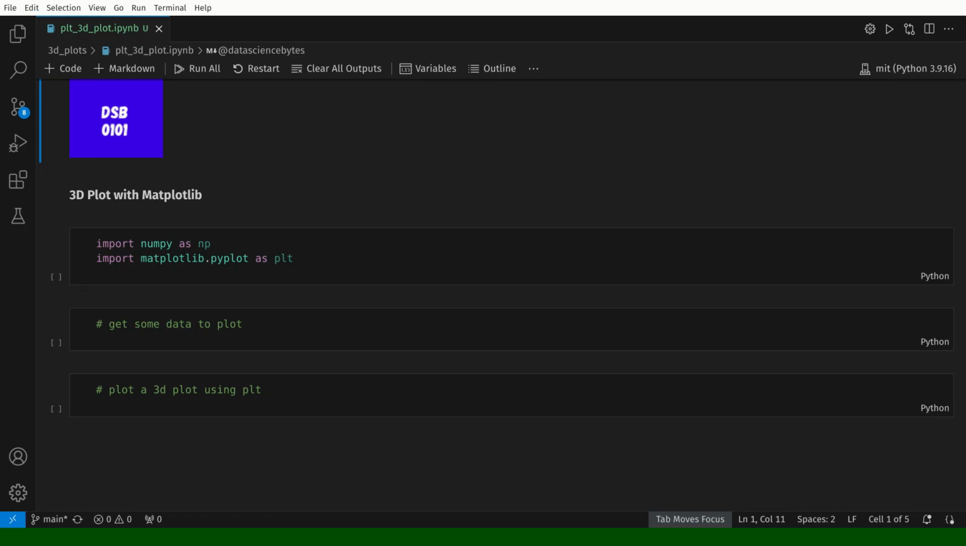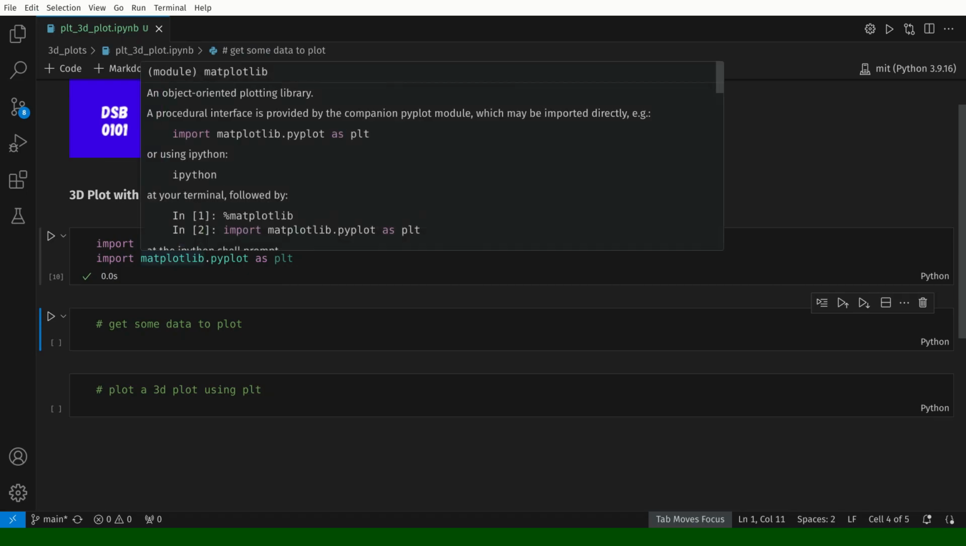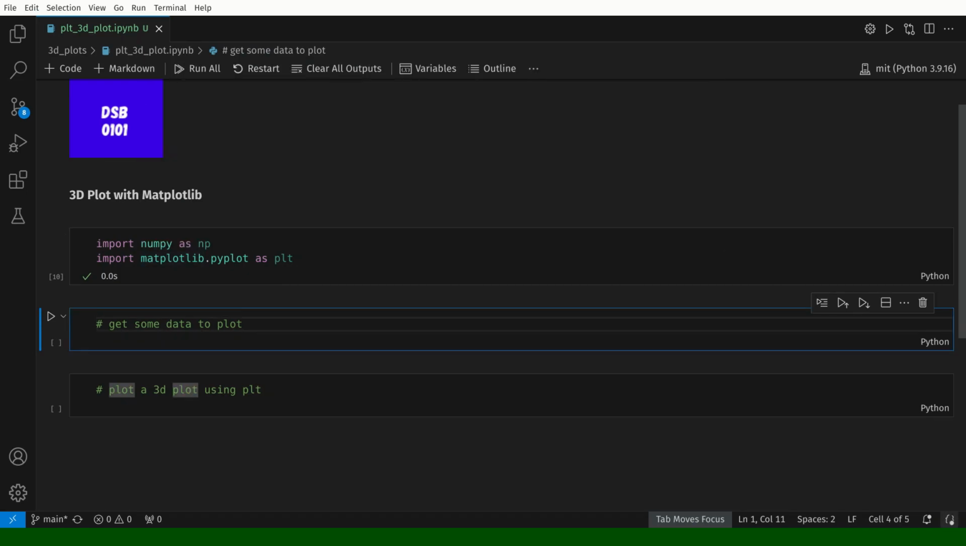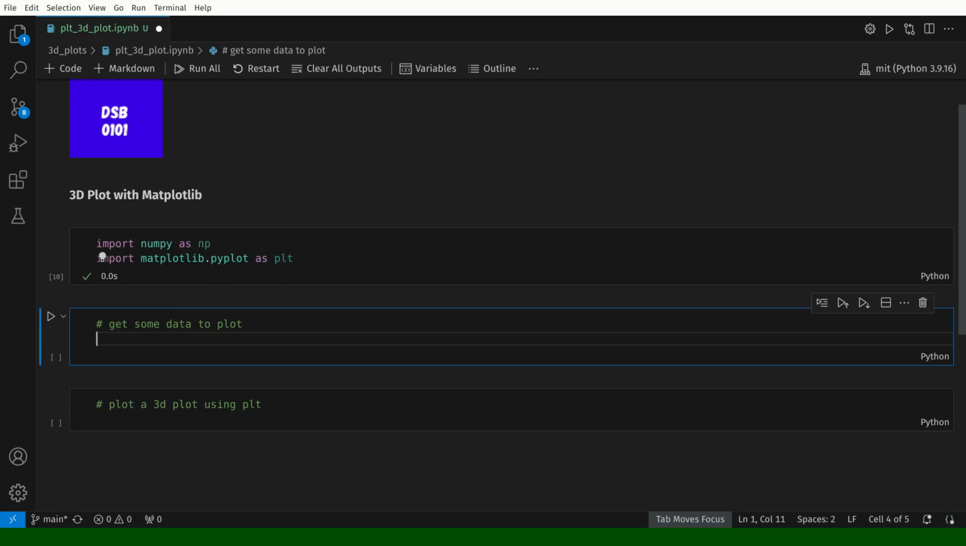In today's video, we're going to generate some datasets and then plot that dataset into a 3D plot using Matplotlib. So let's get to it. First off, importing NumPy and of course Matplotlib here, and then we will generate a dataset. We'll call it data, and we can use